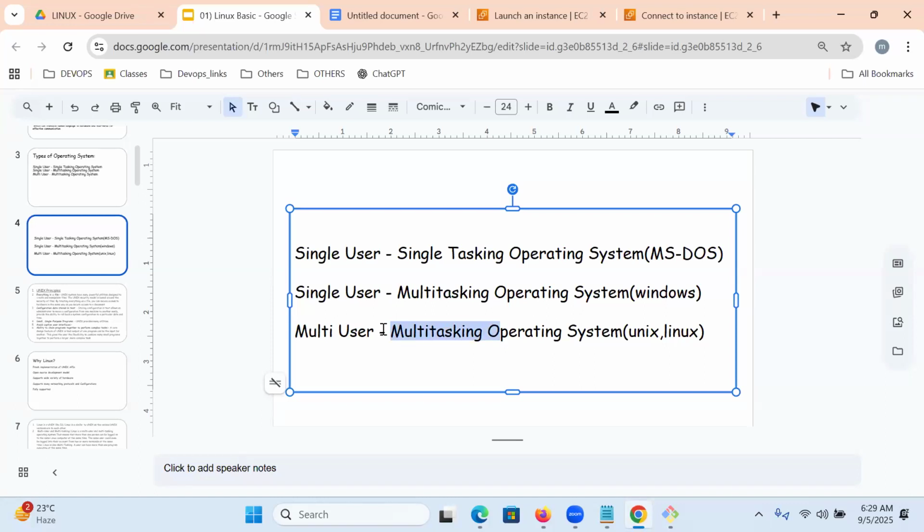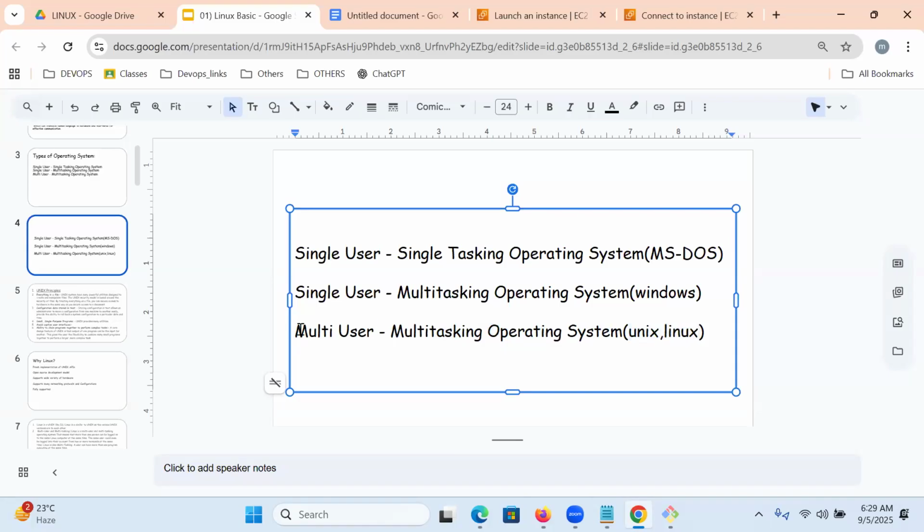At a time, multiple users can log in, and each and every user can do multitasking, meaning multiple tasks at a time. That operating system we call Unix and Linux.